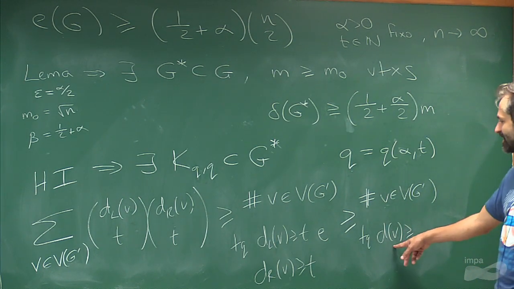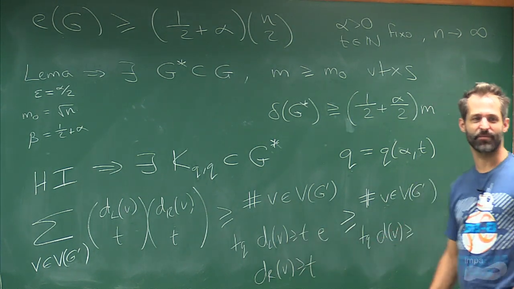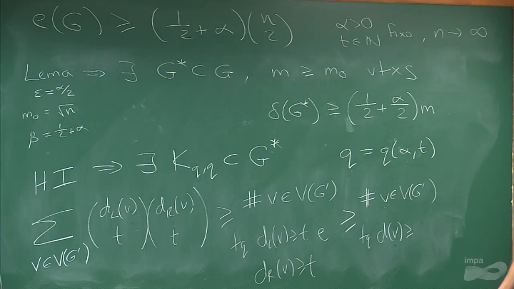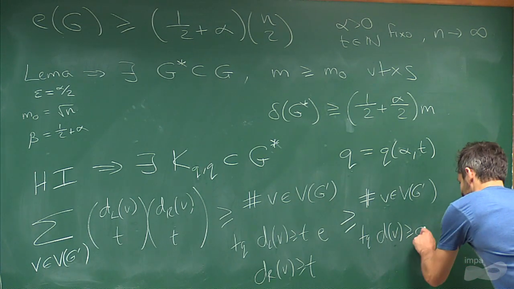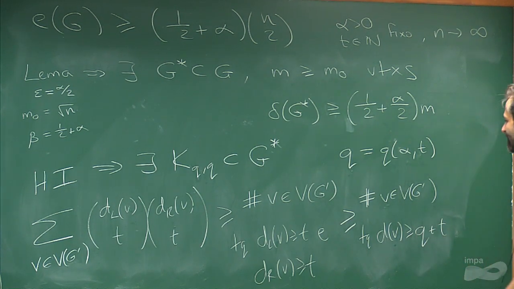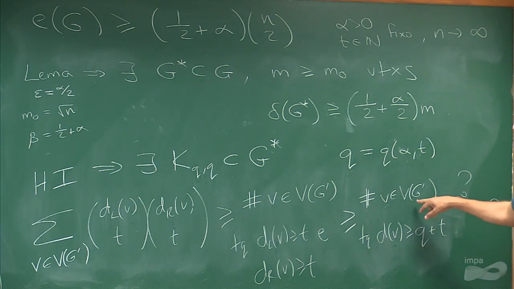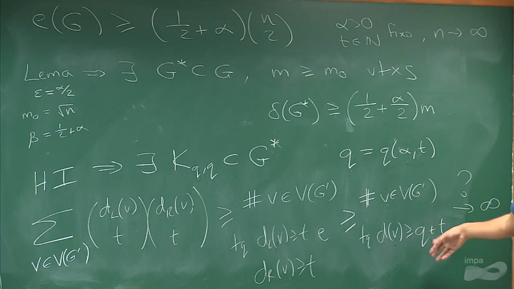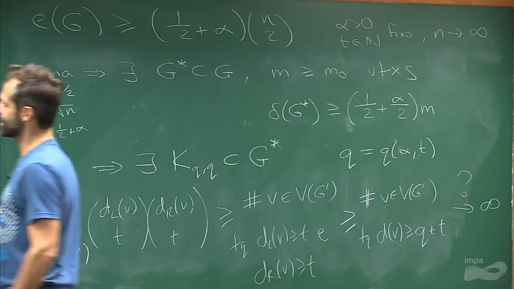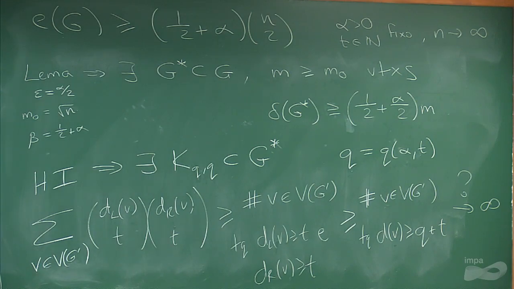What degree do you need to guarantee that left degree and right degree are both at least t? Yeah, q plus t, exactly. So all I want is a large number of vertices whose degree is at least q plus t. So let's let X be the set of vertices